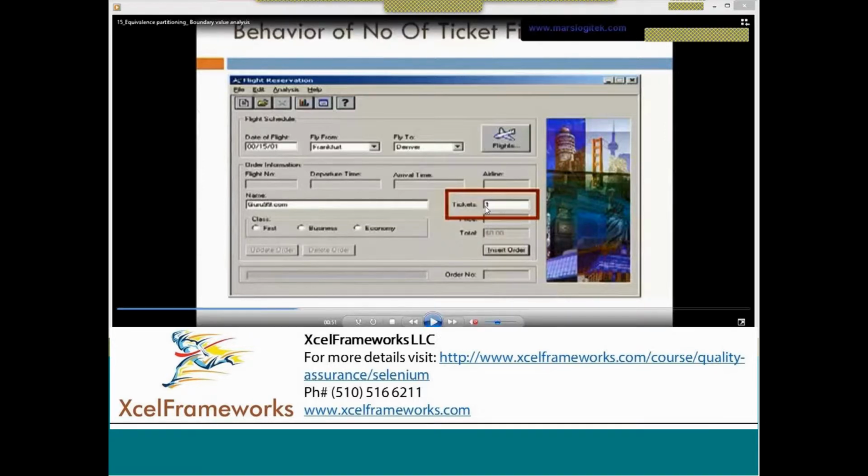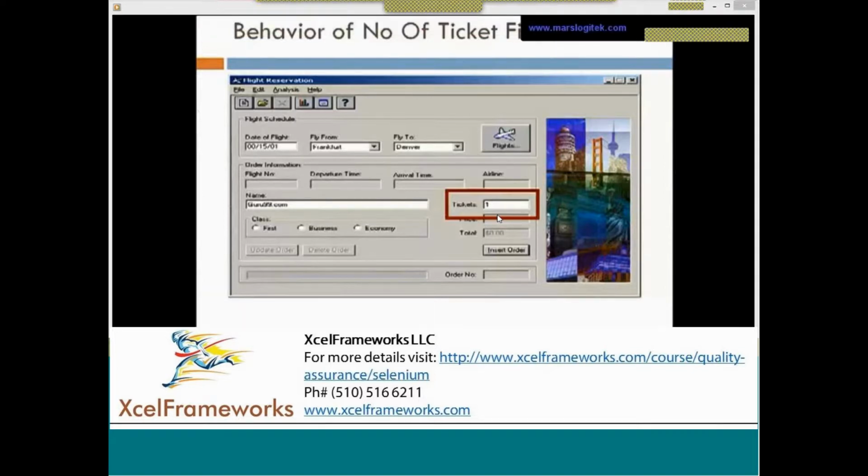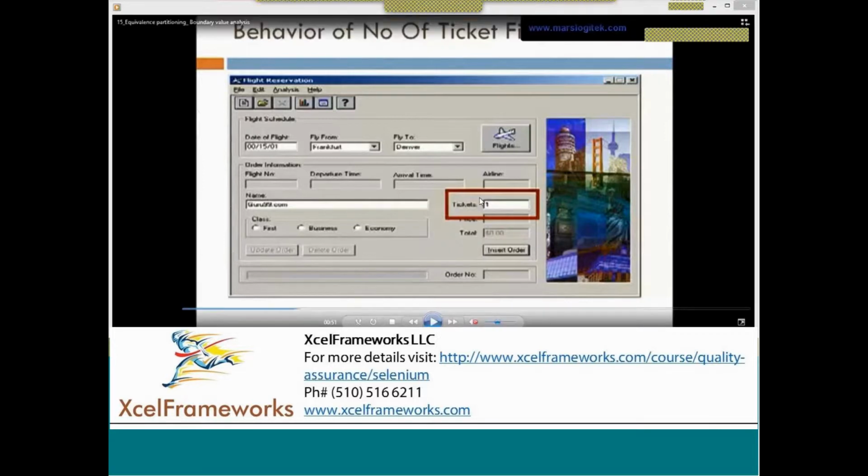Forget about the rest. Basically, there should be a drop down button where the number of tickets is selected. Right now it's not there. Or it's saying insert.